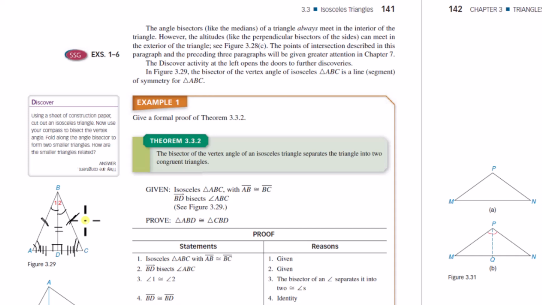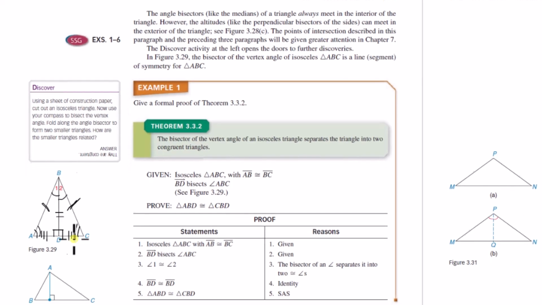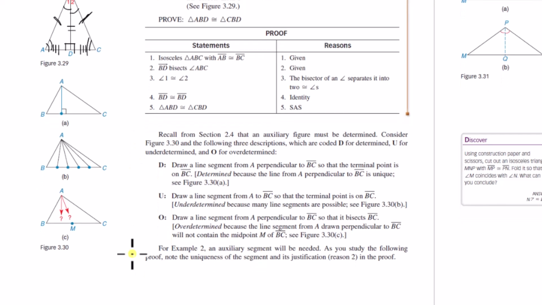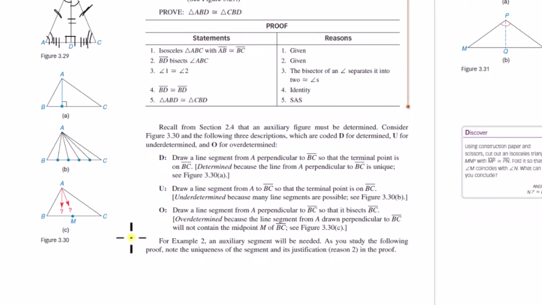This is strictly for the lines coming from the vertex angle of an isosceles triangle. Okay, so next they give a summary of the idea of over-constrained, under-constrained, and properly constrained auxiliary figures that you bring in, that we talked about earlier in the video. And they give an overview of that here, because what we're going to be doing in upcoming proofs is that